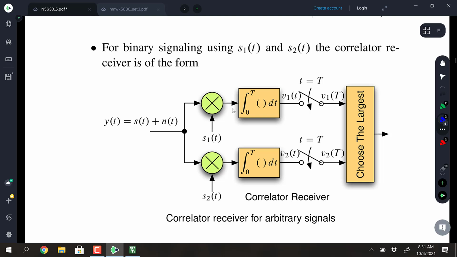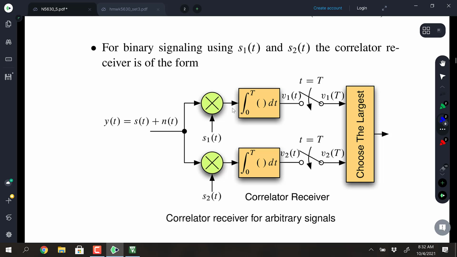Like I said, I really like the way this works out, because if you think of the correlation operation as being an inner product with a reference or template waveform, then the signal that's coming in is going to get projected onto that reference waveform's space, in an abstract vector space sense. And then the lower correlator is the inner product of the received signal with the other template waveform, and the one that gets the largest correlation is the one that is most likely